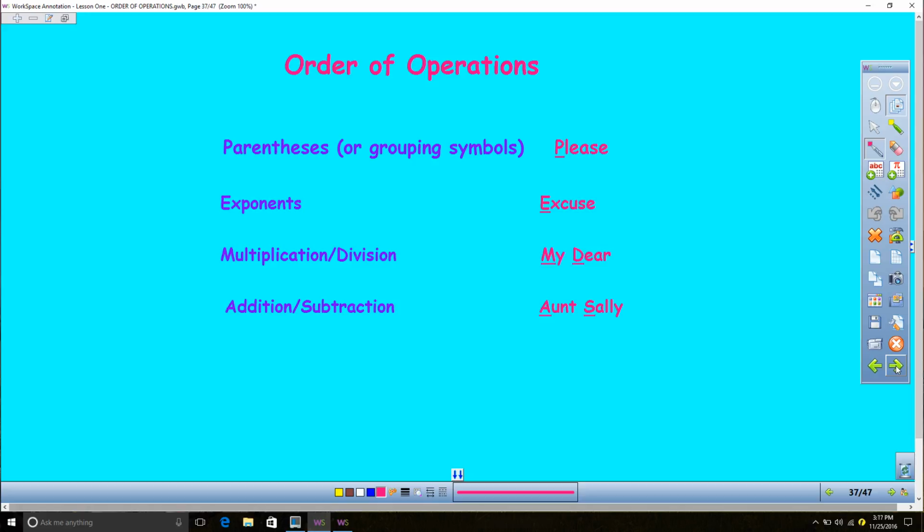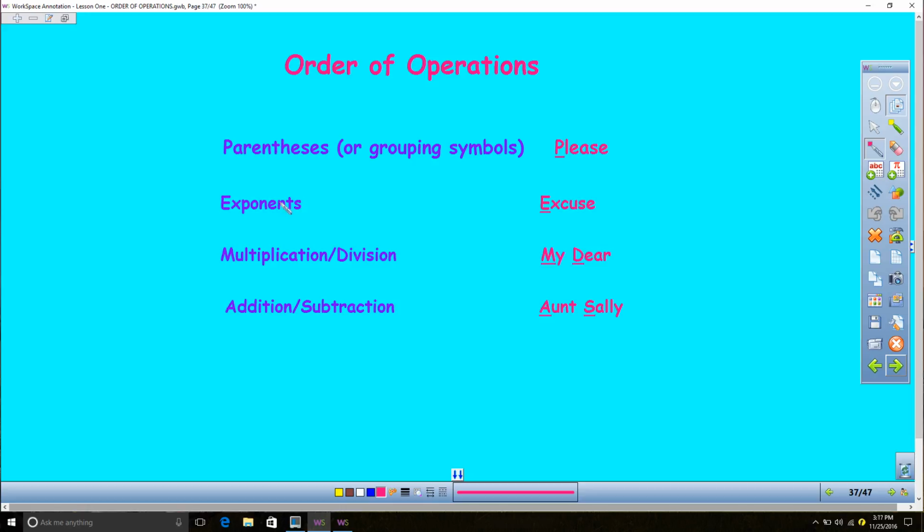To help you remember the order of operations, you can remember the sentence, "Please excuse my dear Aunt Sally," where P reminds you of parentheses, E of exponents, my dear or MD of multiplication division, and AS reminds you of addition subtraction. So again, notice parentheses is written above exponents because you always do what's in parentheses before you do